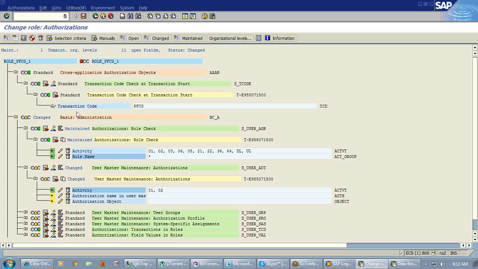So these are the different status standards. These are the USOBT table values. Maintained is nothing but if we maintain a value for the unmaintained field, that is maintained. If we change the value for the maintained field, then it turned into changed. SAP recommends that this status should always be either standard or maintained, but it should not be changed